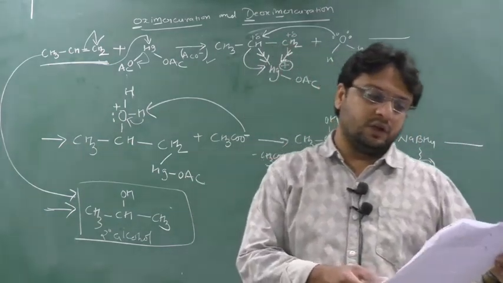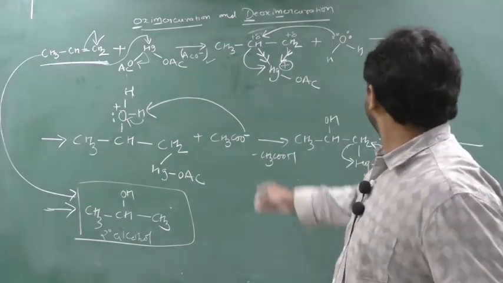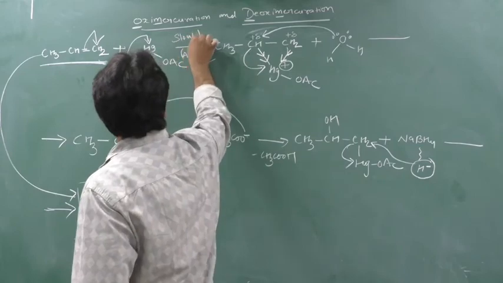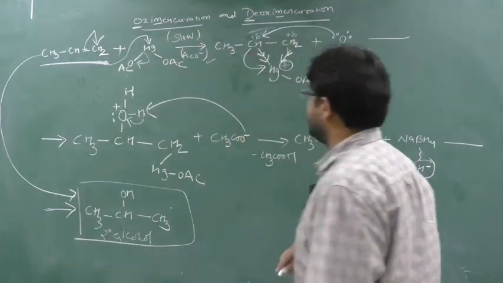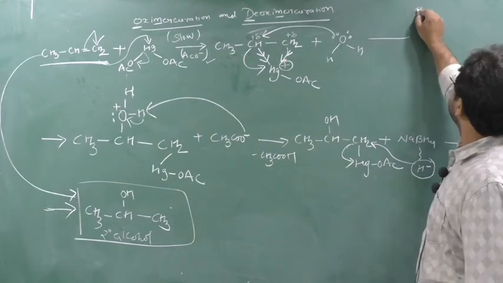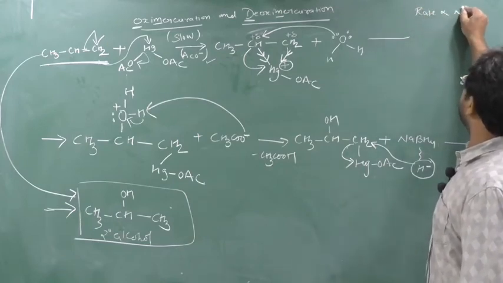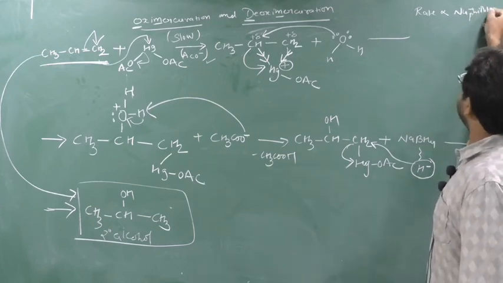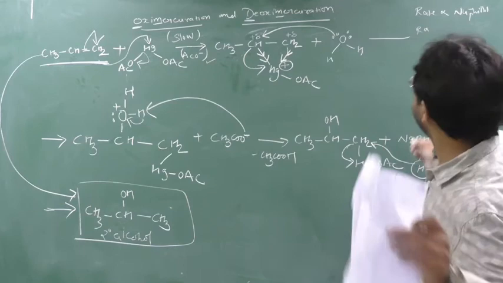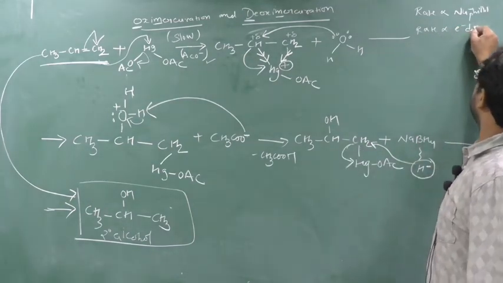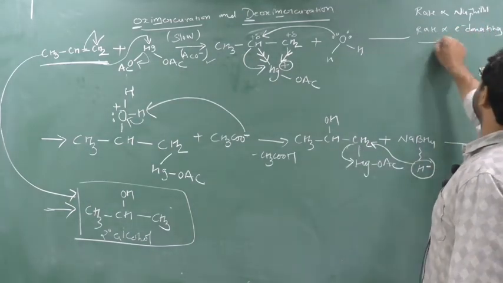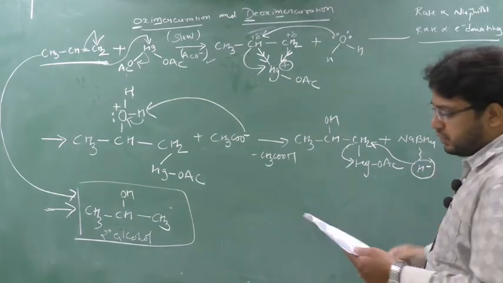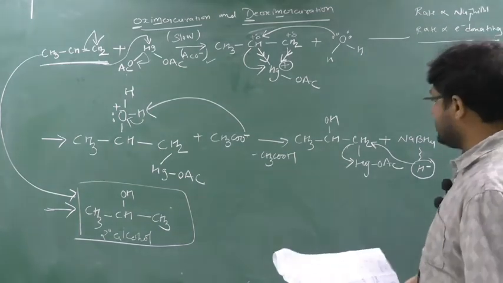So see here, this first step is a very slow step, which means it is the rate determining step. So you know that rate is directly proportional to nucleophilicity, yes or no? Or rate is directly proportional to the electron donating group also. The more the electron donating group, the more the rate. One more, okay, so now we will do one reaction.